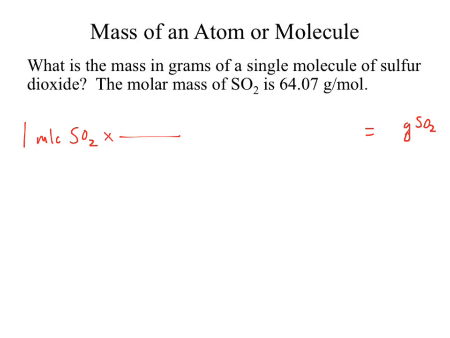The first thing we would like to do is see if we can do this direct conversion across. Molecules of SO2 to grams of SO2. Do we have a direct conversion between grams and molecules? That conversion does not exist. So what we need to do is convert those molecules of SO2 into something else. Why do I pick molecules of SO2 to convert? Because I want to cross it off. Okay, but before I can cross it off,